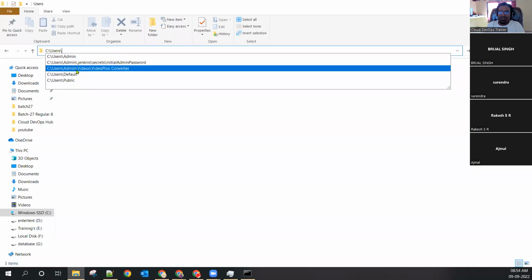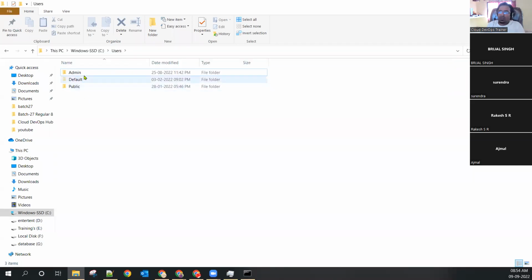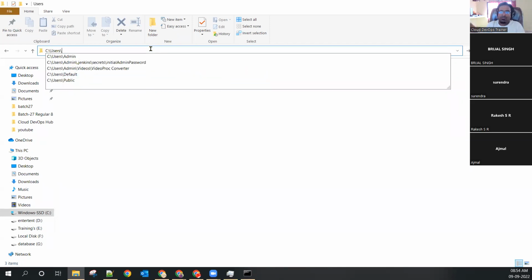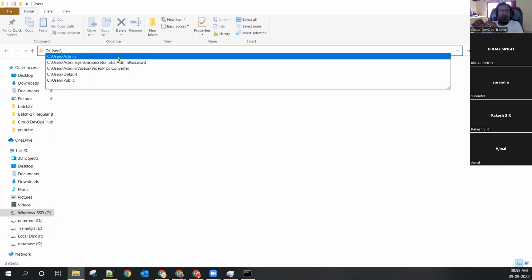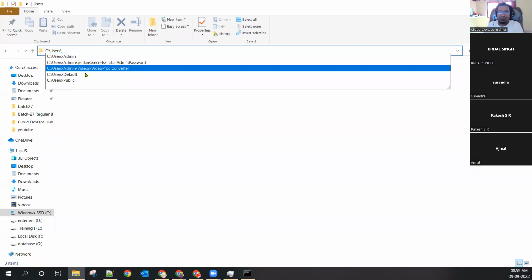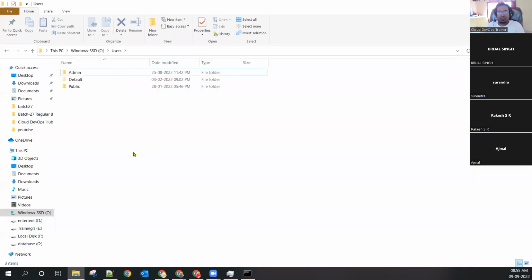See, in Windows also the same thing. It's showing admin default ppc, where you want to go. I don't want to go, but see, if I put a slash here, it will think that you want to go next. This is not from the AI, but it's a thing that we want to go. Definitely we will go somewhere else. So this information is coming. That is happening in Windows, and that is happening in the Linux system.